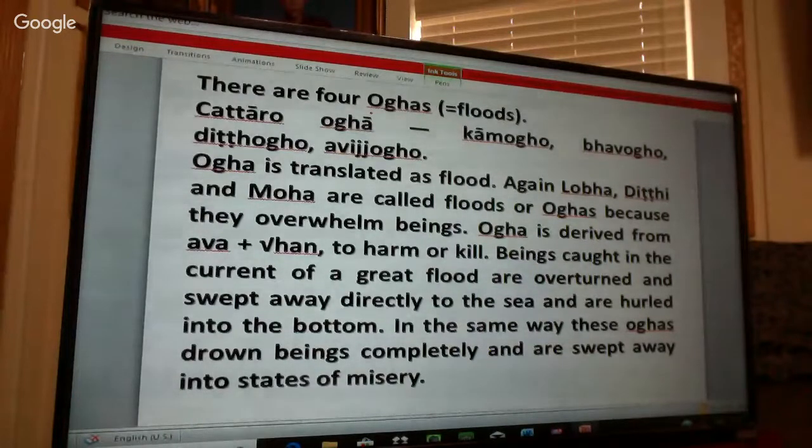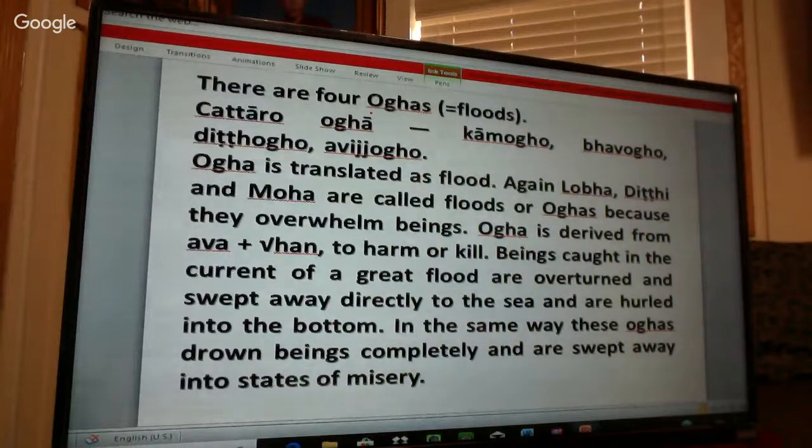Flooding of attachment, very greedy, greedy thinking, greedy view, is very dangerous. Even daily eating is dangerous. So the meaning is very meaningful. The Oghas are like a flood. So again here, lobha, ditthi, moha, attachment or greed, wrong view, or ignorance, are called floods or Oghas